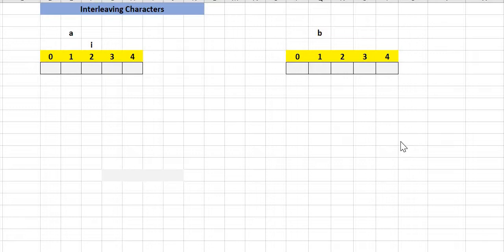So today's concept is the concept of interleaving characters between two arrays. So what does that mean, the interleaving characters? Well, by interleaving characters, we mean that if we have an A array over here and we have a B array over here, we have to populate both of the elements of these arrays into the third array such that